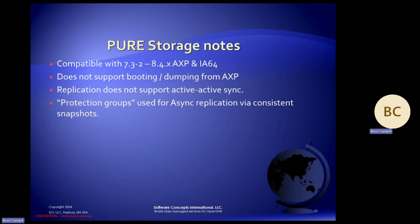So you can't boot or dump from Alpha. And replication does not support active synchronization. So it's an async replication scheme, where you have your data on the other side, but it's not synchronous. This is kind of what 3PAR does if you're in an extended distance situation. Anyways,